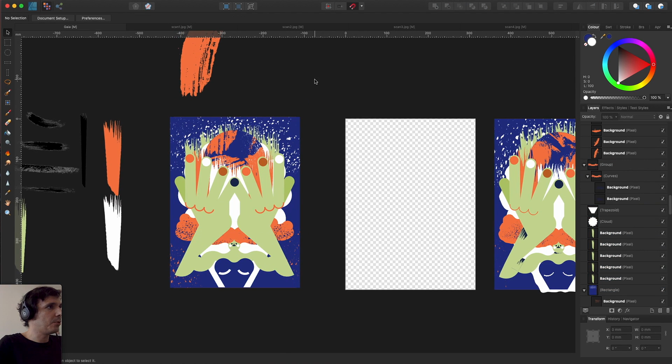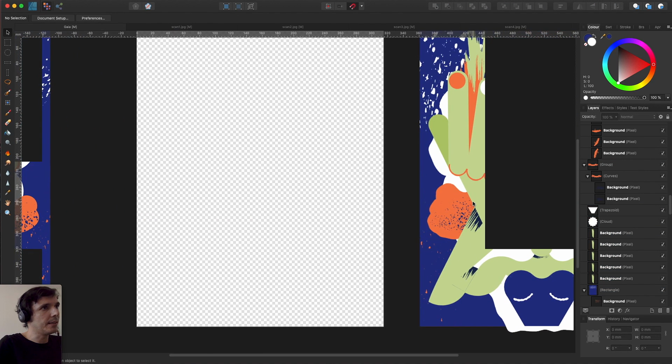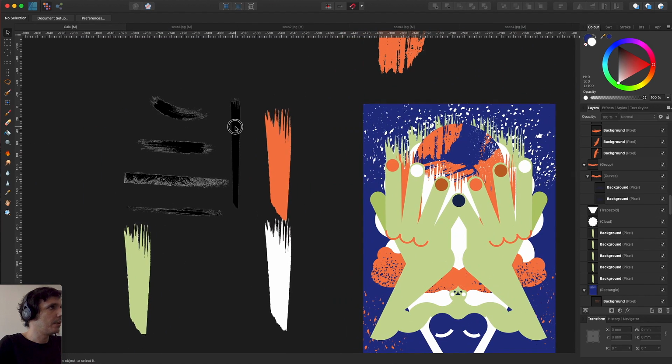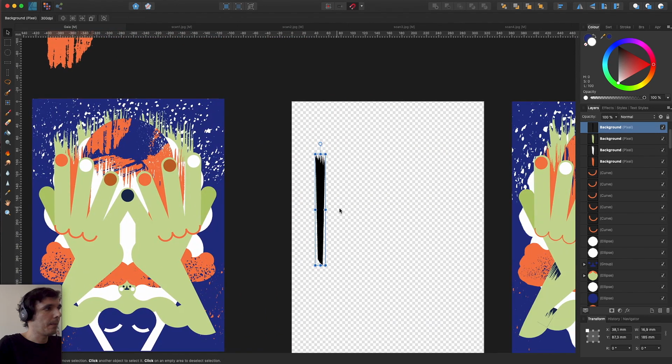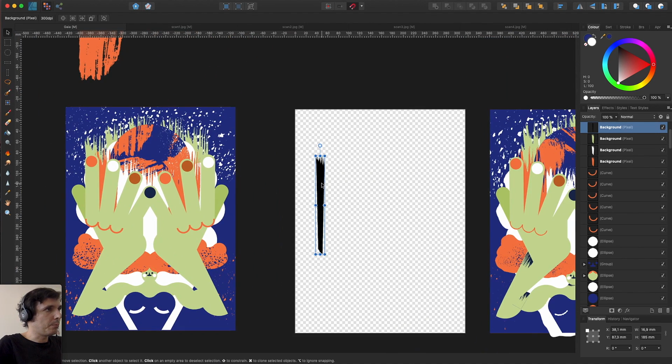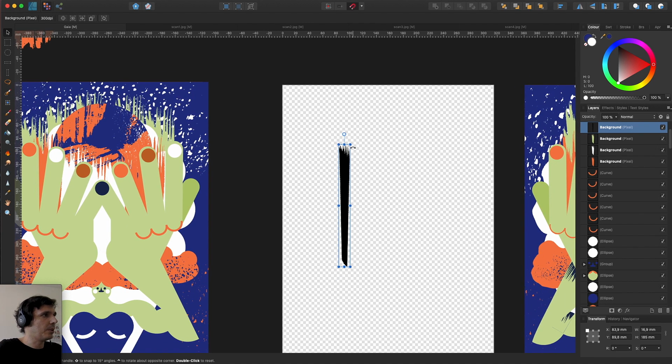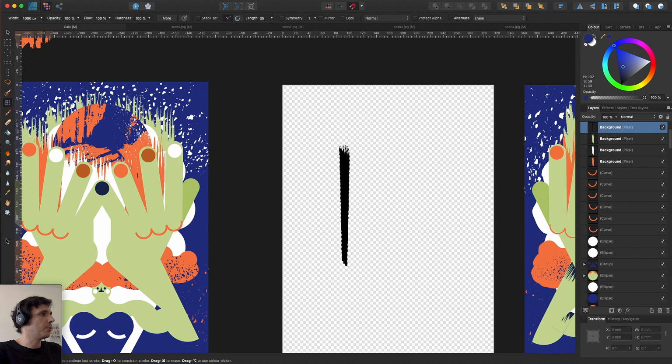The next step is to create these shadows, and for that we are going to use this one. These ones are blue, dark blue. So for this we are going to do the same process as we did with the other ones. So let's hit Command, selecting, and then go to the brush. First we have to paint it blue. Now I'm going to put this a little bit more darker, just to give more contrast.